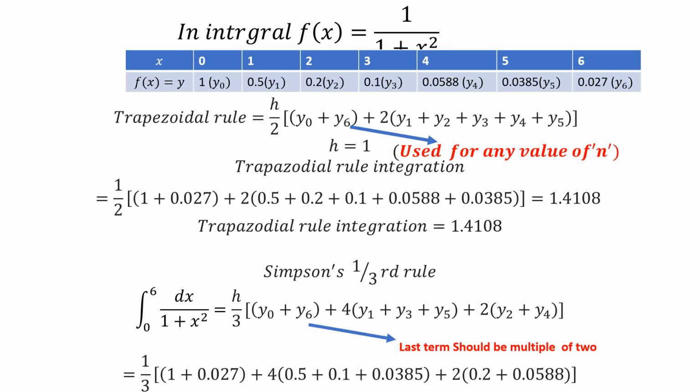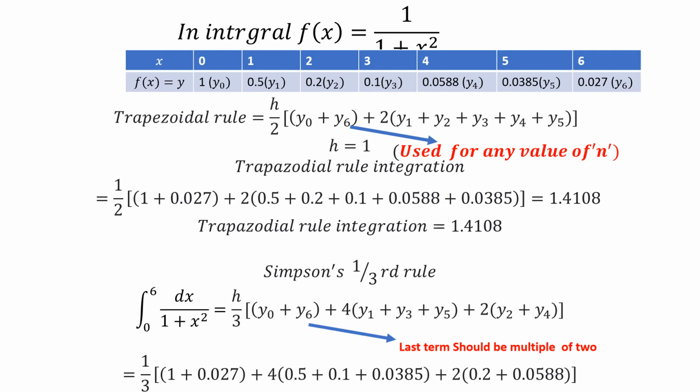Right? Now, first is the trapezoidal rule. You have to grab this formula. This is the easiest formula, because formulas can be longer also. This is the first value and this is the last value. So h by 2, [y naught plus y6 plus 2 times the rest]. Now 0 and 6 are covered, so only 1, 2, 3, 4, 5 are written inside. This 6 should always be there. In the trapezoidal rule, the number of intervals can be any, like if you write 7 here, it will be okay. That means up to 6 you have to cover here, right?